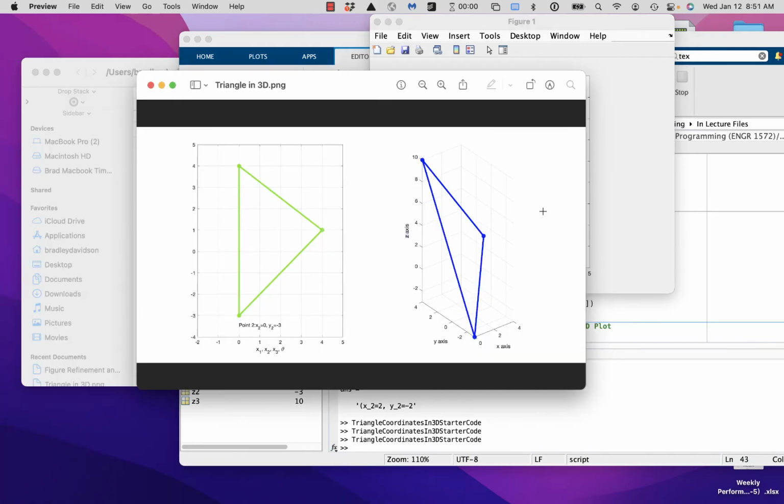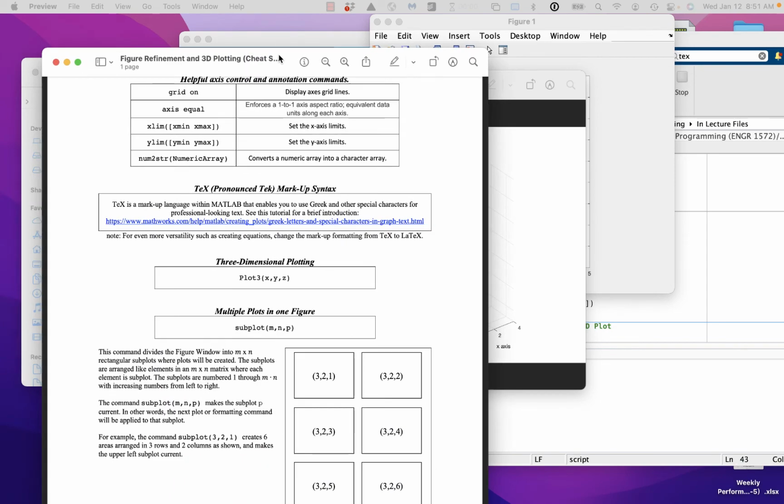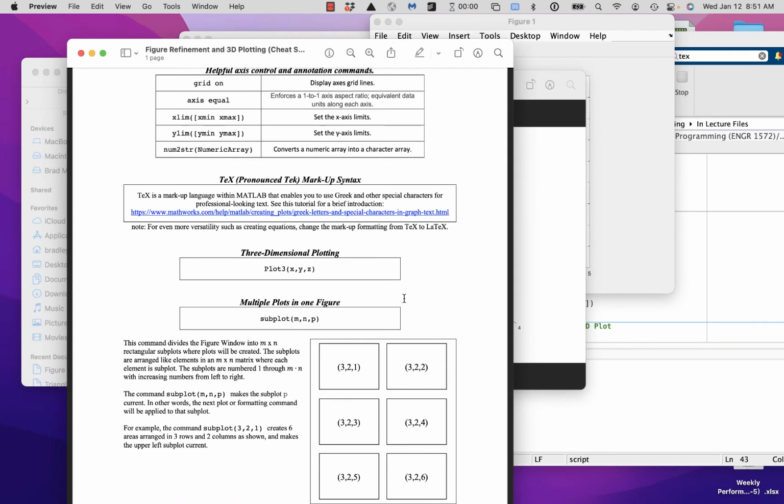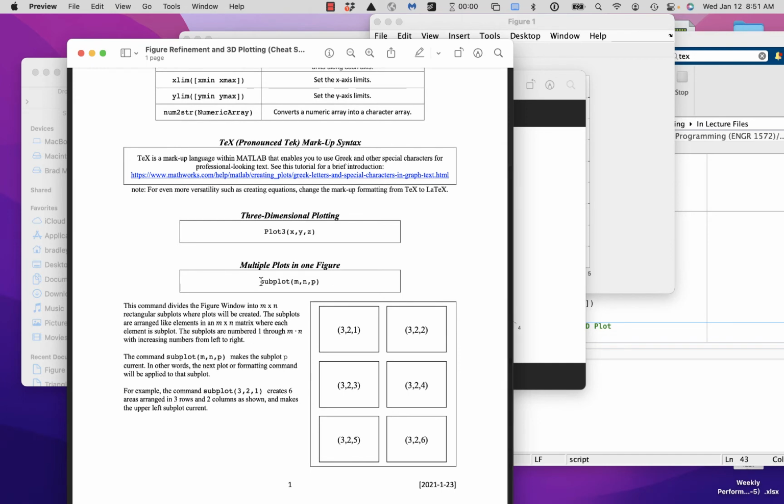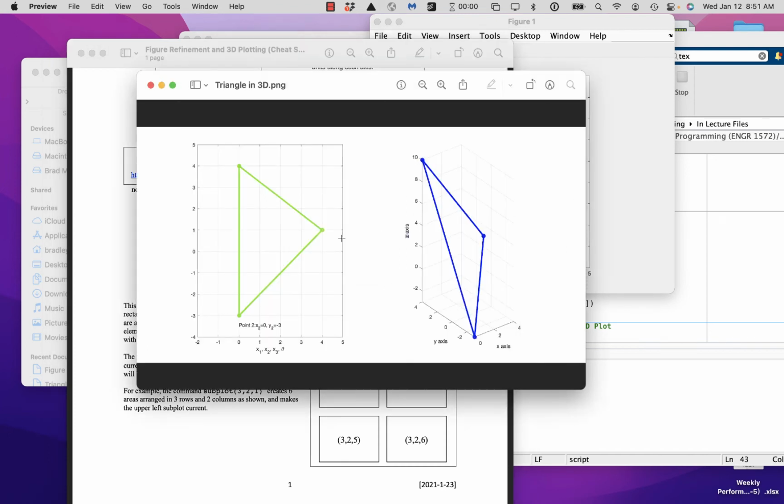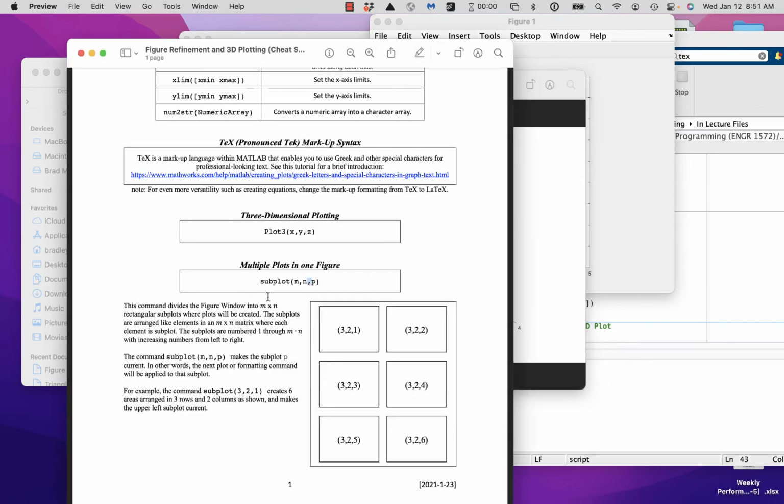Now let's finish up by adding this 3D plot to the right side of our 2D plot that we've already generated. Our goal here is to put this into a single figure, and to put the plot to the right, we're going to use what's called the subplot function. If you take a look at your cheat sheet, you'll see that subplot means that we're going to put multiple plots within a single figure. We have subplot with M and N, which lays out the size of the grid that we're going to be using. In our plot, we only want 2. It's side by side, so the size of the grid is going to be 1 row and 2 columns. And then the last